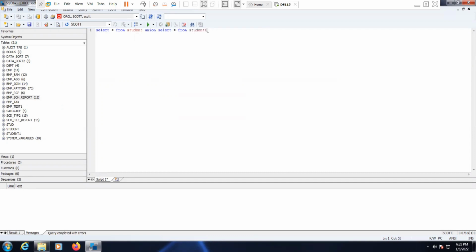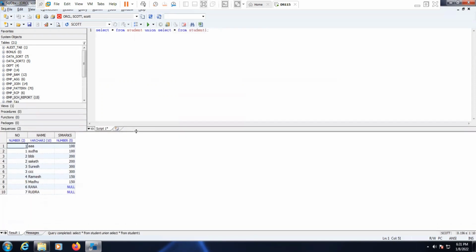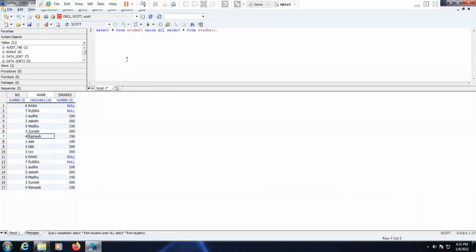Since the student two table is not there in our list, here I use union all, which will allow the duplicated values. So here, total how many records? You can see 27 records.